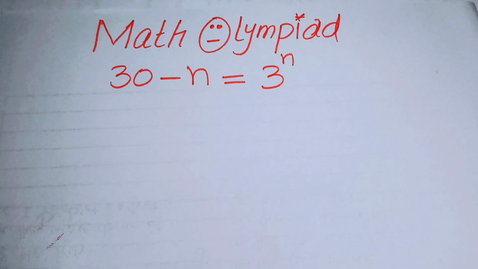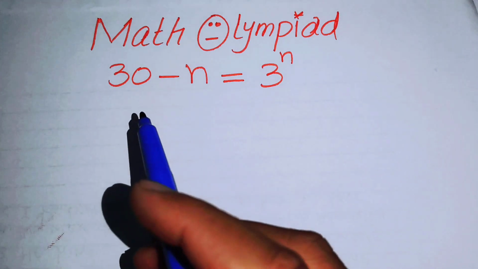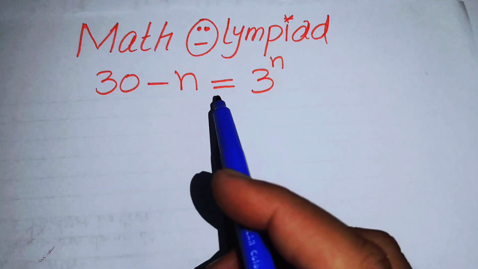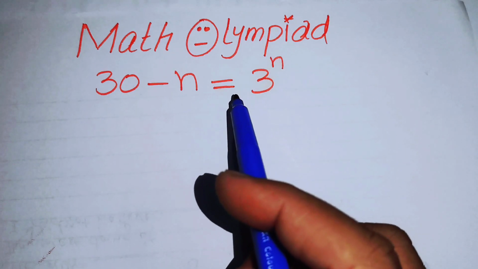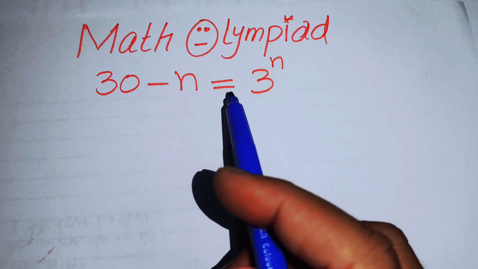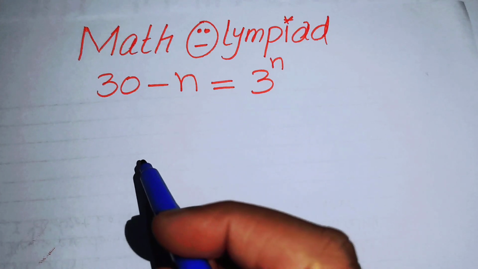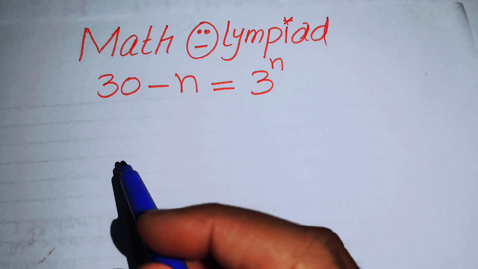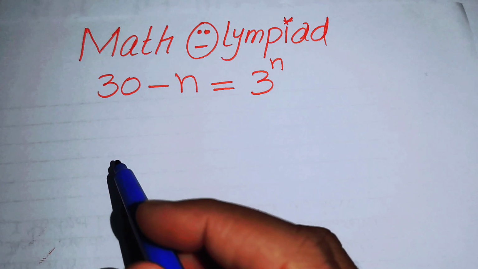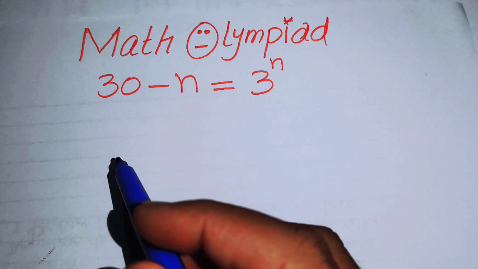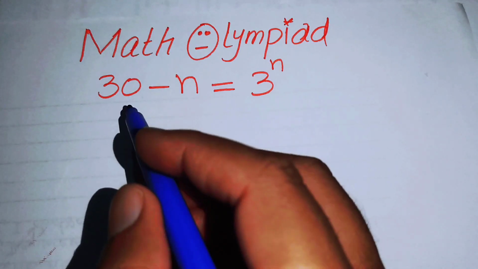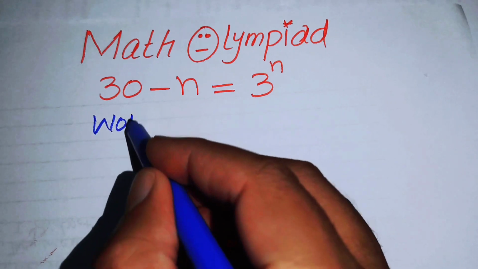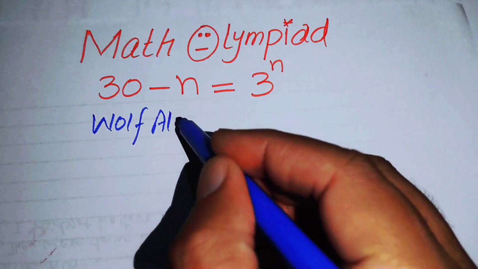In this video we are going to solve this nice algebra problem, and here we have 30 minus n equals 3 to the power of n, and we will solve this problem for the values of n. So in this problem we will use a nice function which is known as the Lambert W function. So we will solve this problem with the help of the Lambert W function,